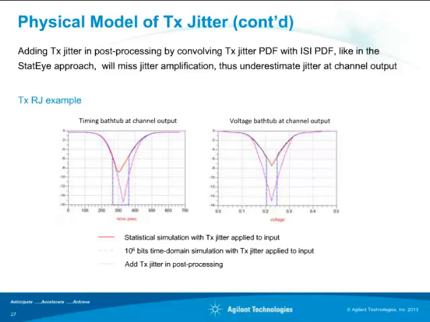And the red curve shows a statistical simulation with the Tx jitter. In both the red curve and the blue curve, the Tx jitter is applied into the input signal. Therefore, the jitter amplification is captured in the result. We can see the red line and blue line agree down to the statistically significant level around 10 to the minus